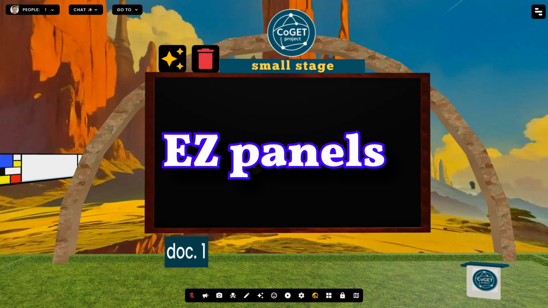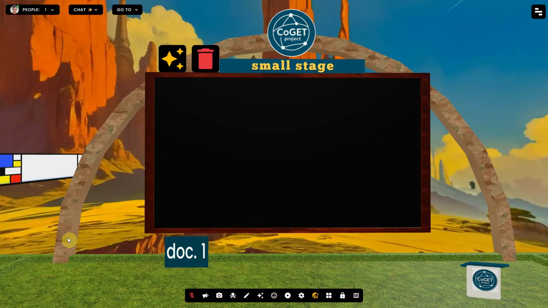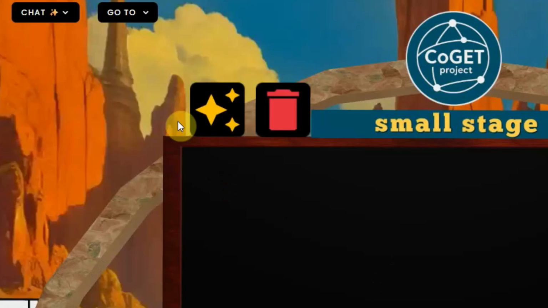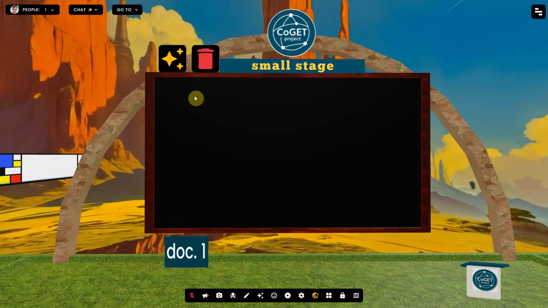This video explains the use of easy panels on boards in the presentation areas. When you are in a meeting or training area, you will see boards with so-called easy panels. You can recognize them by the two icons above a board. Any users within the CoGET areas can use these panels to easily put up an image or a presentation on